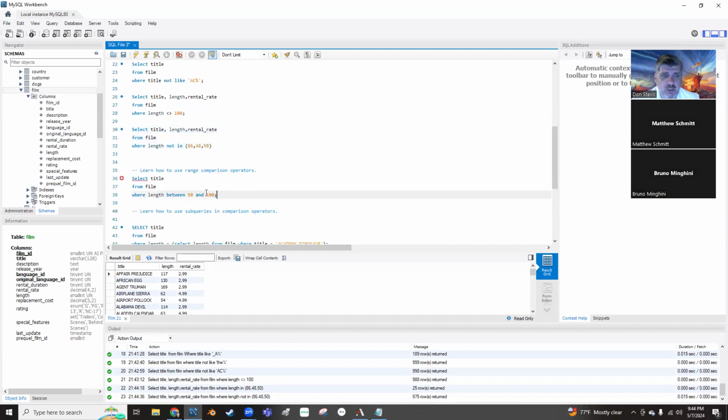And then we talked about range comparisons already, right? Okay. Any questions to this point? Give me a thumbs up if you're good. Excellent. Bruno, you good? Yeah, I understand that where length between is equals where length